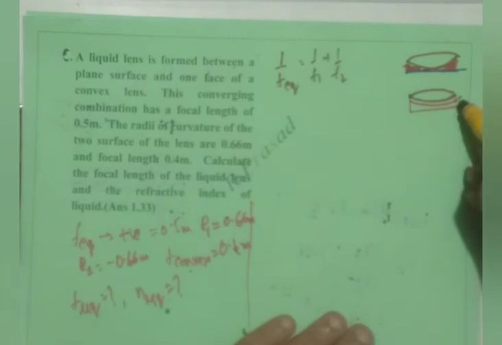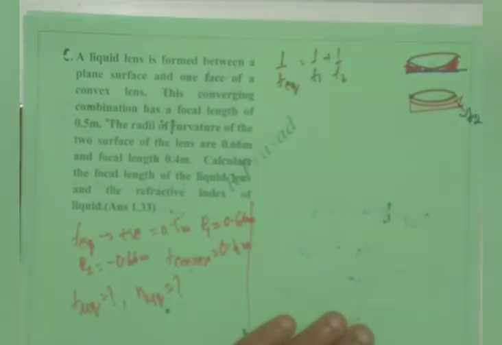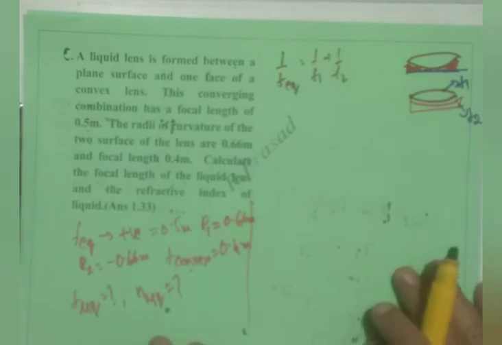We must get a negative answer because, as we can see in this figure, if we separate this, for the sake of clarity, we imagine to separate this. There's one convex lens and one liquid lens like this. This clearly tells us the liquid lens focal length, which we have taken as F2, and the convex lens focal length, which we have taken as F1. Once we calculate F2, we must get negative. That is a check for our understanding of this problem.